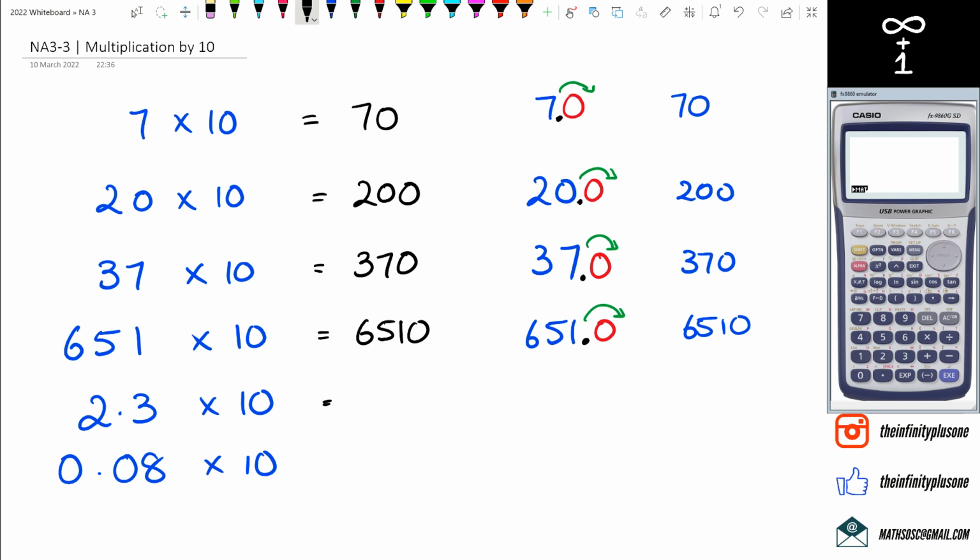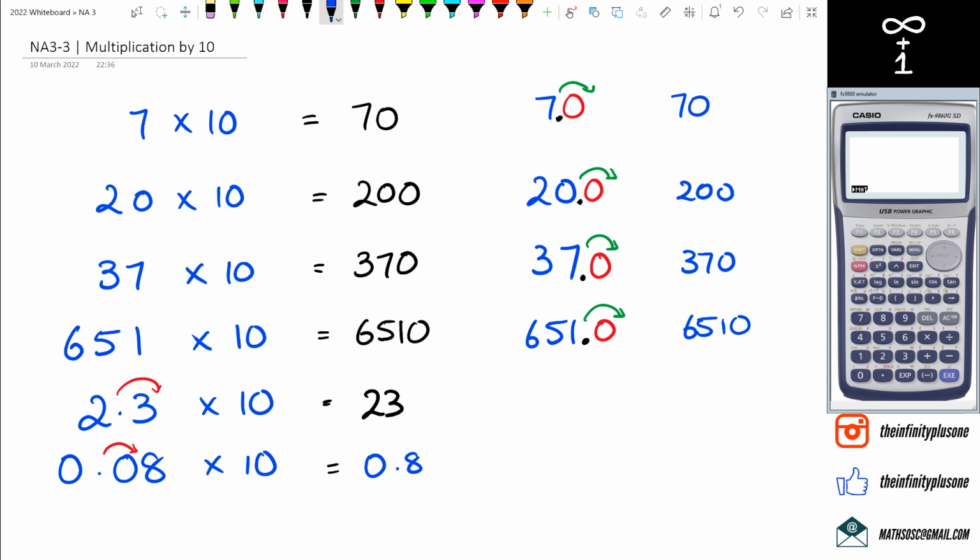Because you're multiplying by 10, you move the decimal point 1 space to the right, which means in this case you're going to get 23. And if you look at 0.08, and you're multiplying by 10, which means you're moving that decimal point 1 unit to the right, this is going to end up being